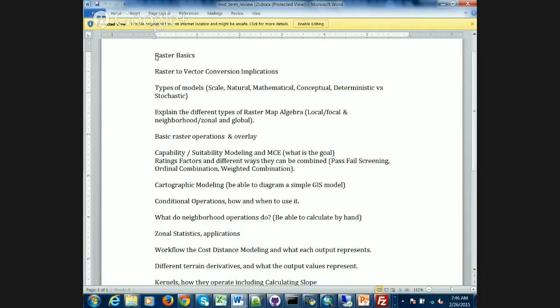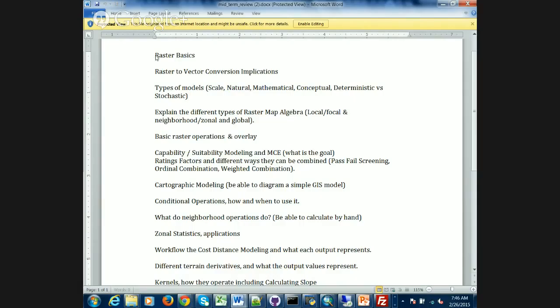So you should be able to do a simple one, like if I say this is grid 1 and this is grid 2, we're going to add them together, produce the output. So the output would be the addition of those two grids. Or something that would be a little bit more complicated